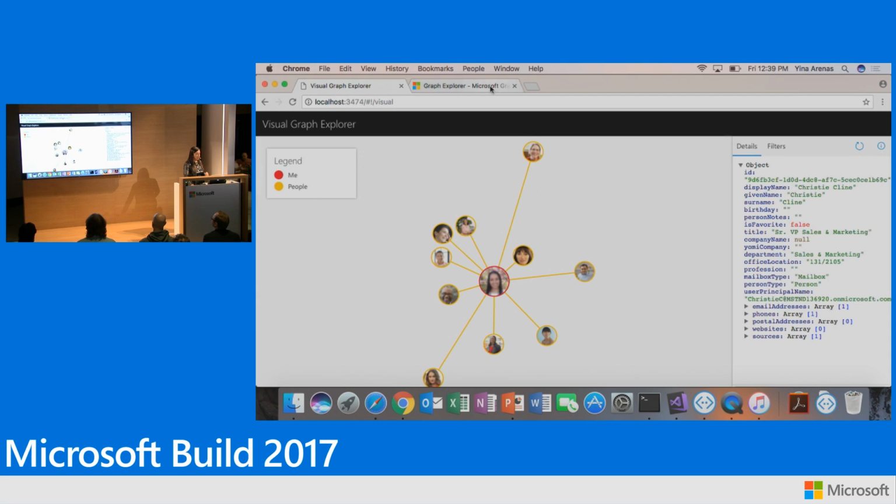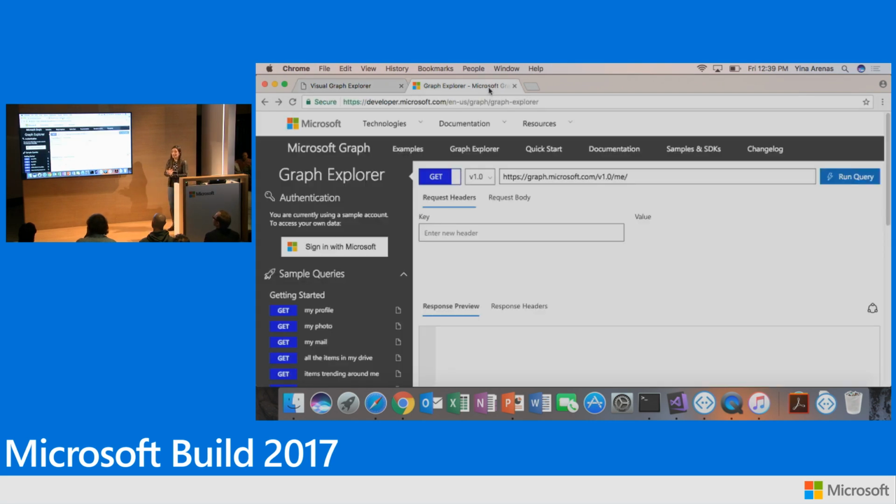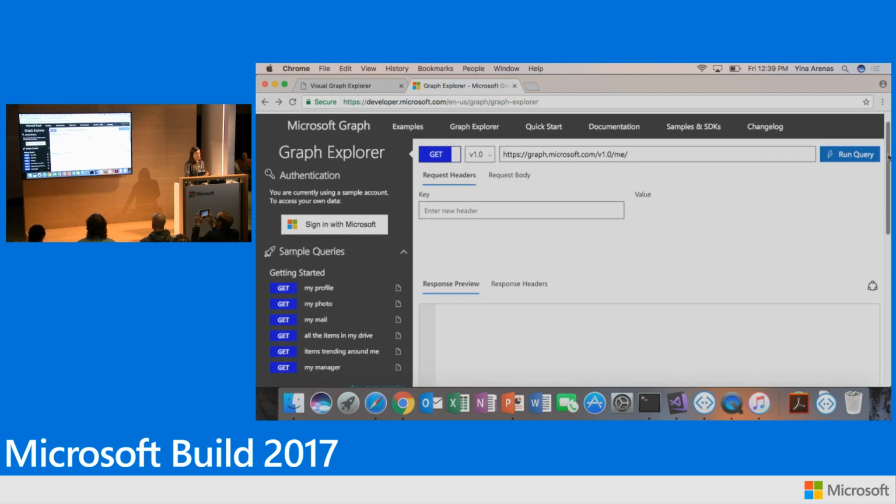And I'm going to start with the Graph Explorer. So if you navigate to graph.microsoft.com, you'll be redirected to our portal. And right here, you'll find the link to the Graph Explorer. Graph Explorer is a pretty awesome tool that was built by our engineering team that allows you to interact